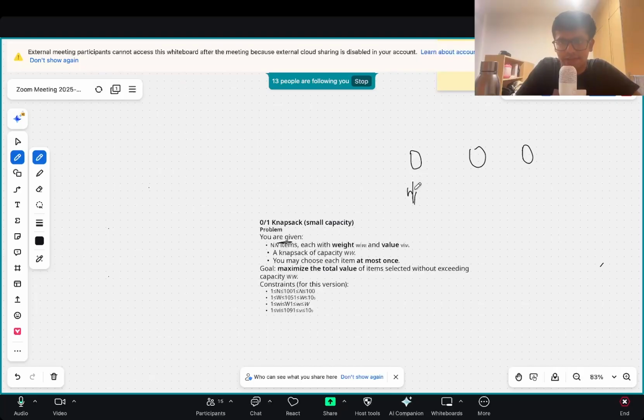Not everyone has the same weight. Suppose you have a pizza, pasta, pencil box, right? Each item has a different weight, and each has a value v_i. So let's say pizza's cost is v_1, pasta is cheaper, so v_2,